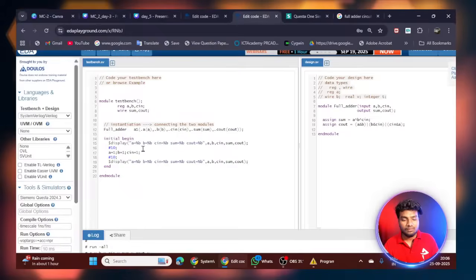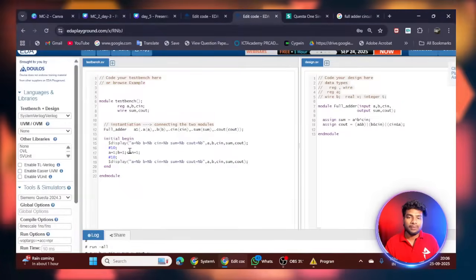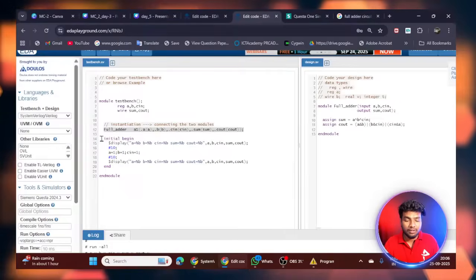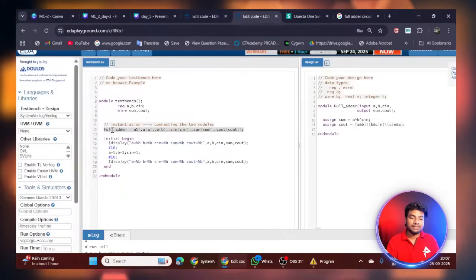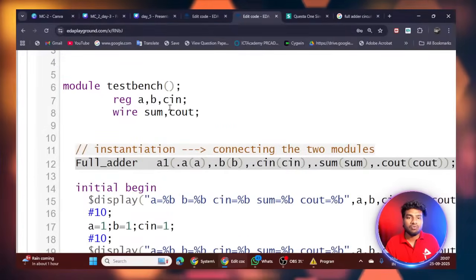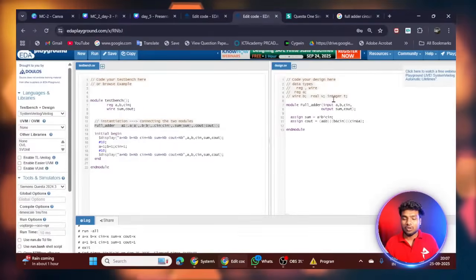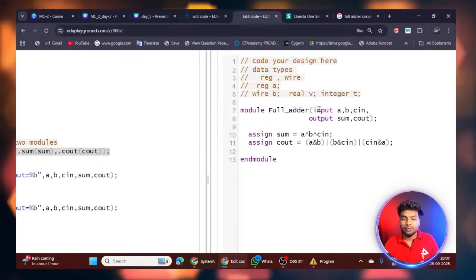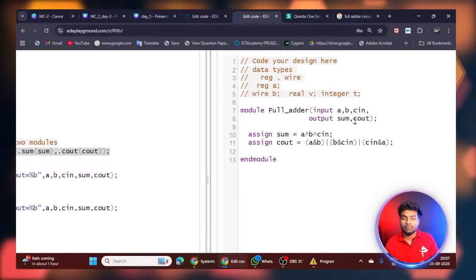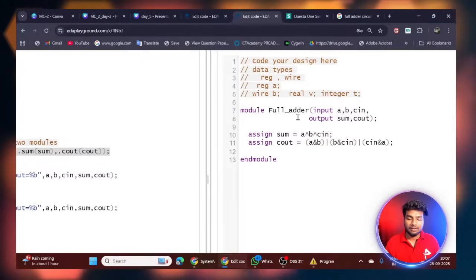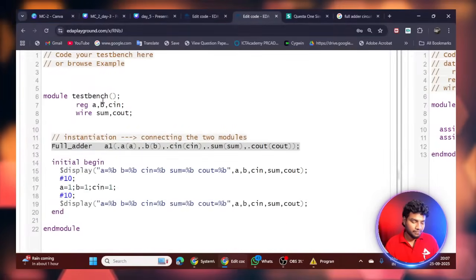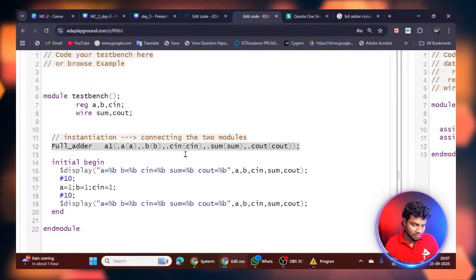So how can we connect these two modules? By using this instantiation we can connect. This is very important, instantiation. If I miss this instantiation, I will get an error. This is how we make the internal signals. This is how we can register the internal signals. This is how we make the main signals, input and output. If you write the input and output signals inside the module, these are the main signals. If you write it like this, these are the internal signals. Yes, okay Nagesh, that's correct.